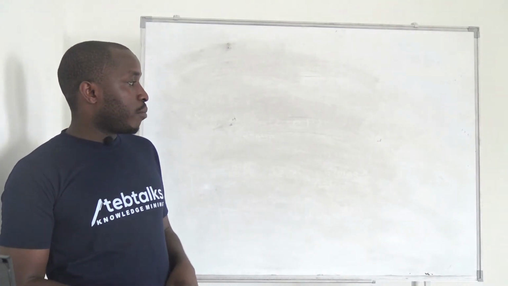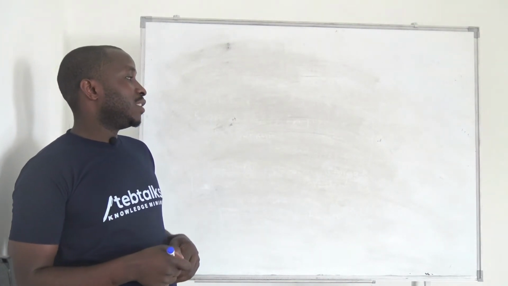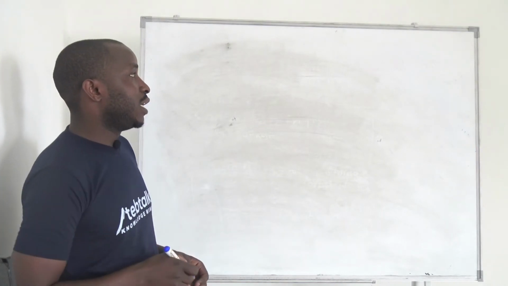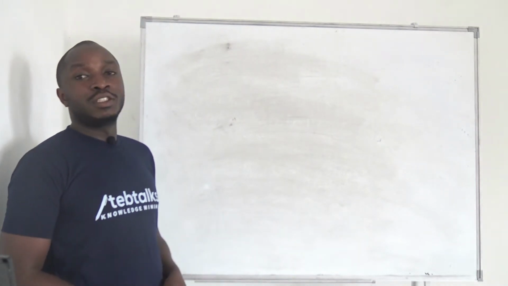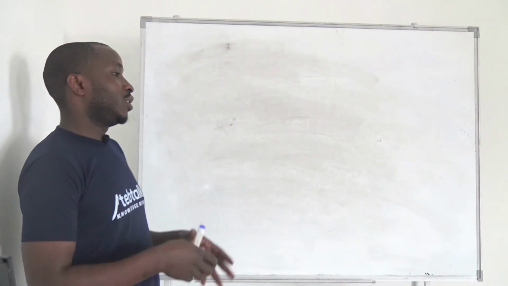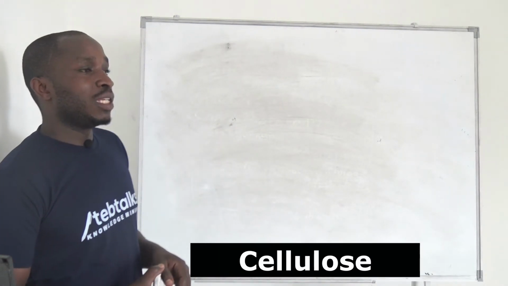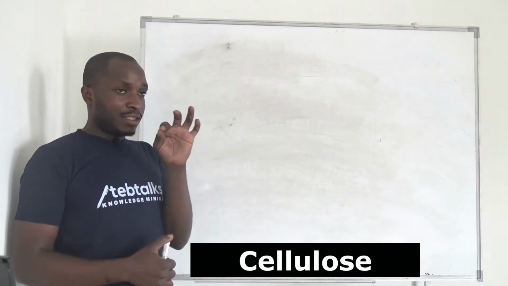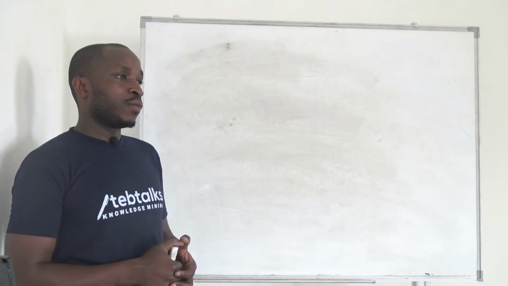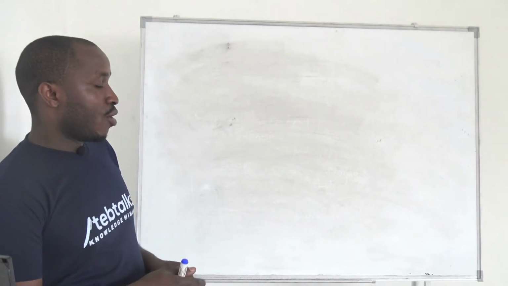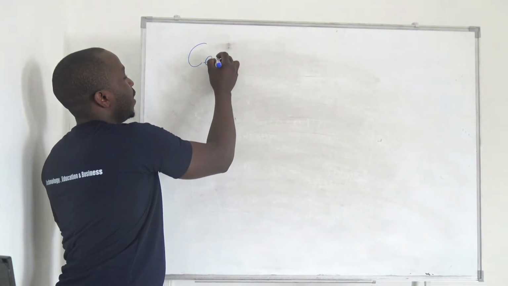We are still in carbohydrates as chemicals of life, and specifically we are looking at polysaccharides. We said there are very many polysaccharides. There is cellulose, there is starch, so we have so far discussed starch, and we lastly hinted on why starch is a better storage molecule than other carbohydrates. So let's change our focus and then look at another carbohydrate